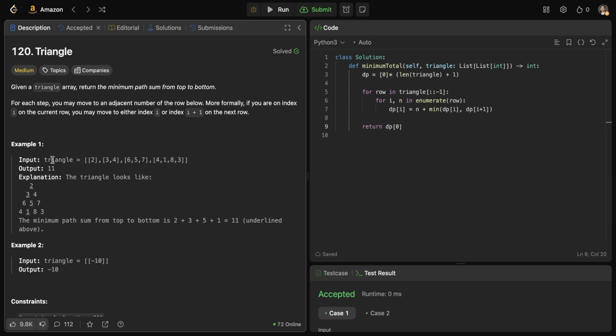So essentially our space complexity is the space which we are using for the dp array, which is O of n, the number of rows we are computing. And our time complexity would be O of n square, because we are going through all the elements in the array here. So I hope the solution is clear to you.